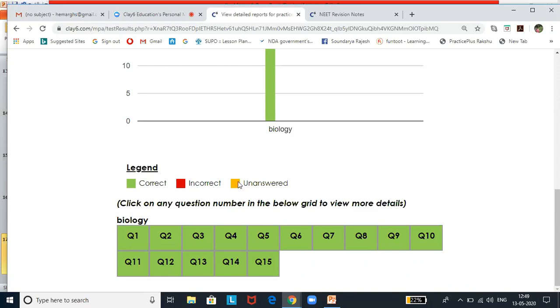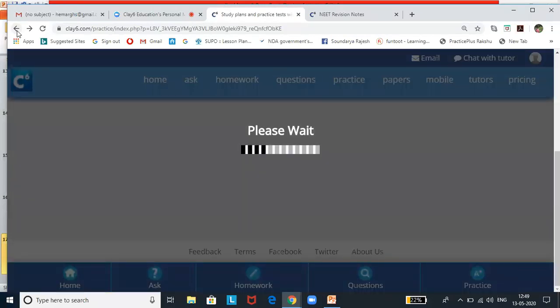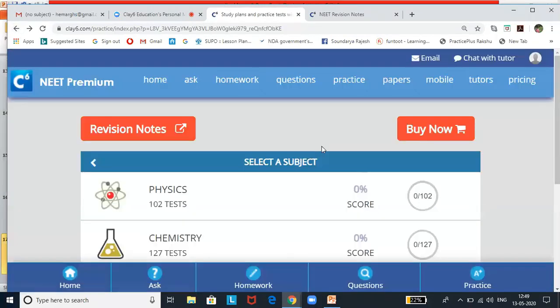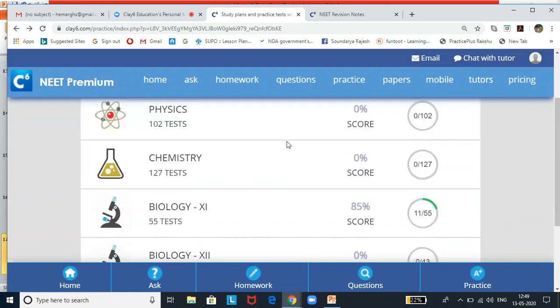And now if you have not answered a question because you have not understood, a yellow legend color will be seen in the legend. If you click there, you will understand what is the answer and what is the explanation for the answer. So by taking this test, it will help you to prepare yourselves better for your NEET exams, and it is also going to analyze your strengths and weaknesses. It will help you to improve so that you are able to score better in the tests and exams.